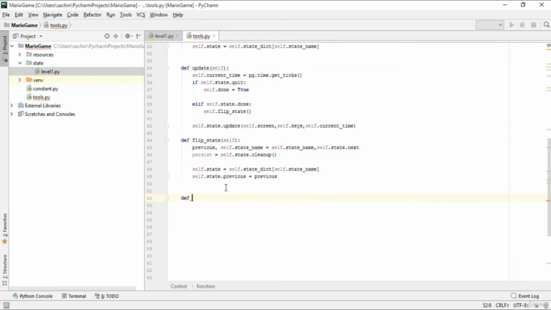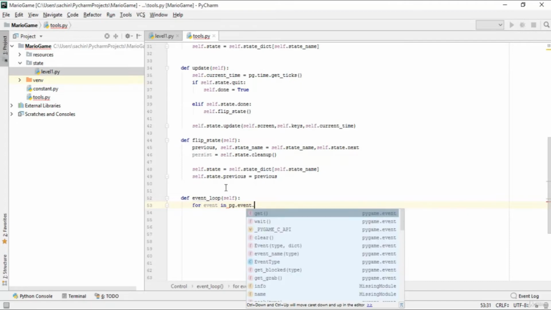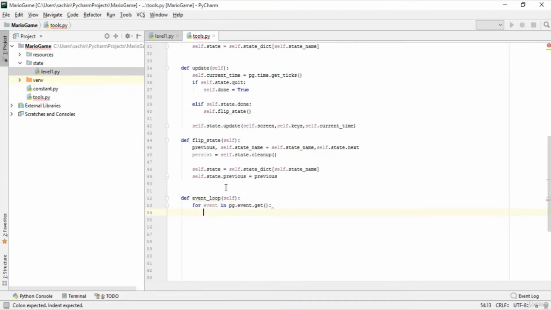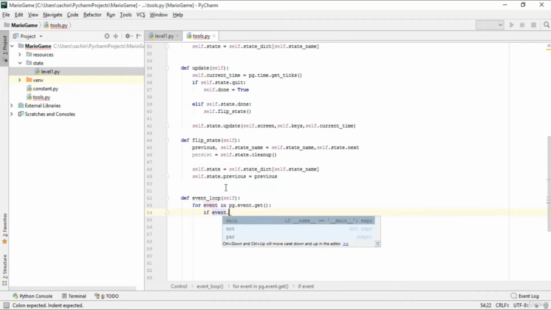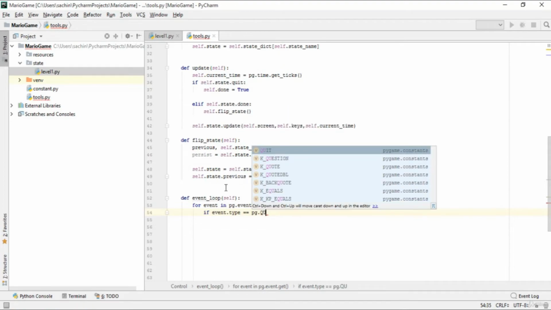After that we'll say event loop, and this is really important. This is basically the loop for our events. In this event loop we'll check for the events of our user. We'll say for event in pg.event.get, get the events of the user, and we'll check the type of the event now. So if the event.type is equal to pg.QUIT,